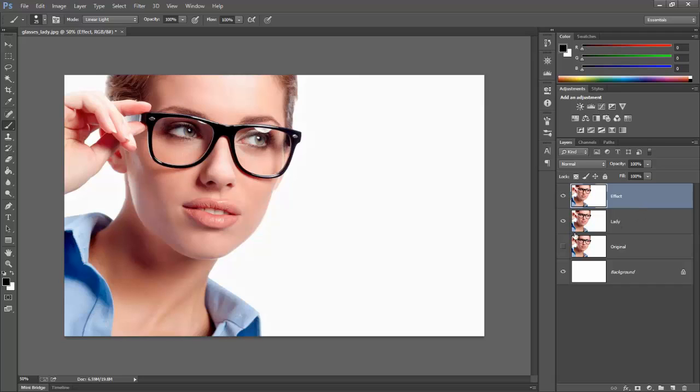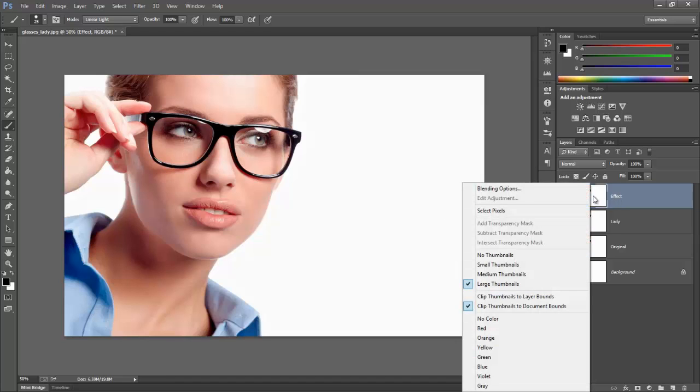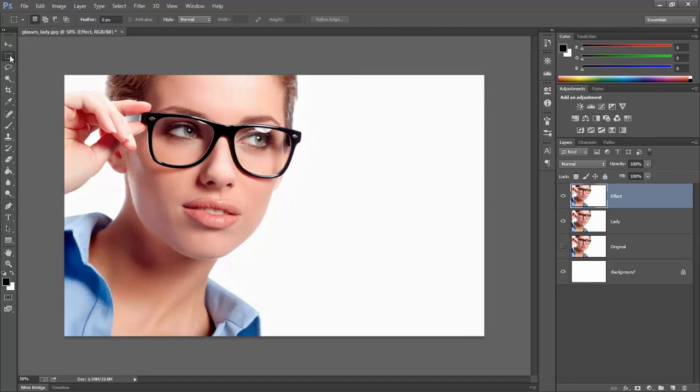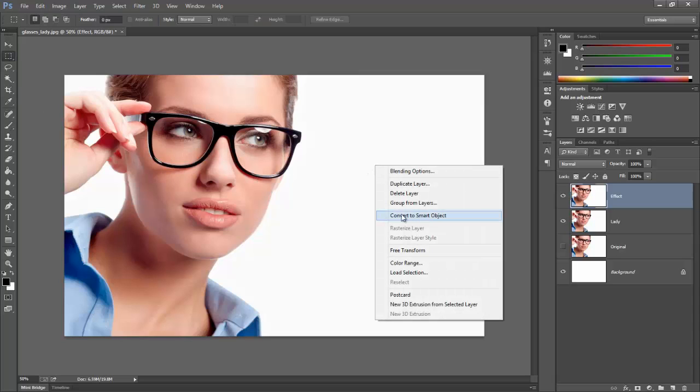and then we're going to add a few filters to this. The first thing we need to do is convert this effects layer into a smart object. And the way we can do that is in several ways. We could either come over to the image here, we could right click on the word effect here and select convert to smart object, or if we had a marquee tool here, we could just right click in the image and select convert to smart object, or of course we could come up to